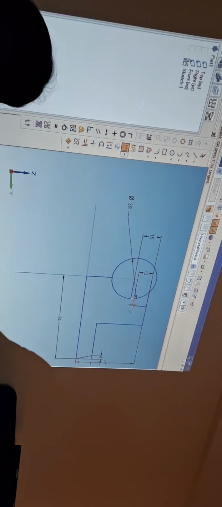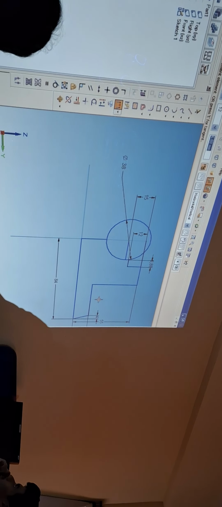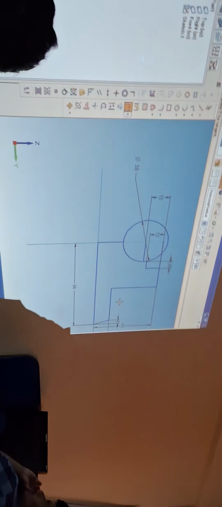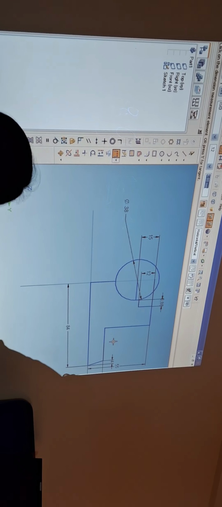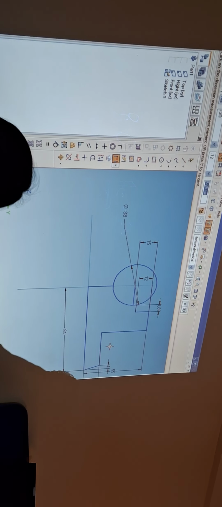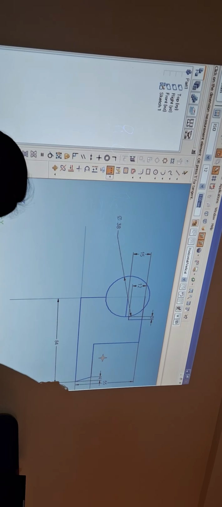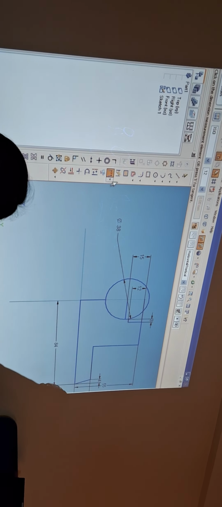So from this side to this side, he has given. How much is it? 44. 44 minus 38 divided by 2. So total it will come 6. 44 minus 38 is 6. Divided by 2? 3 mm. It will come 3 mm. Now go for the option card here.